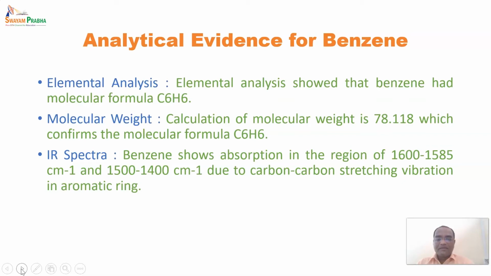So the benzene spectra shows absorption in the region of 1600 to 1585 cm⁻¹ and 1500 to 1400 cm⁻¹, and this absorption is due to carbon-carbon stretching vibration in the aromatic ring. So one region, 1600 to 1585, is due to the presence of an aromatic ring, and so it is indicating that benzene has an aromatic ring,